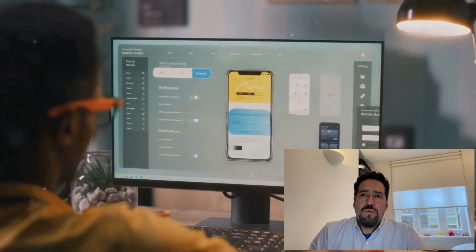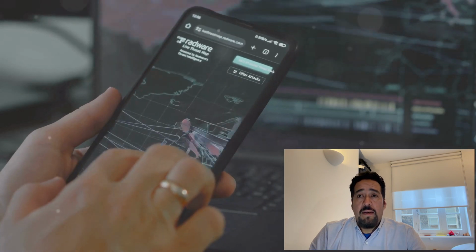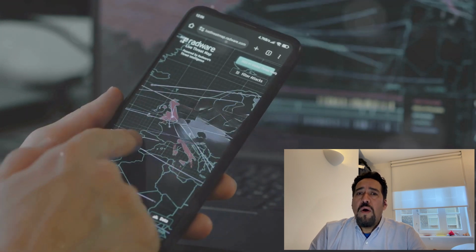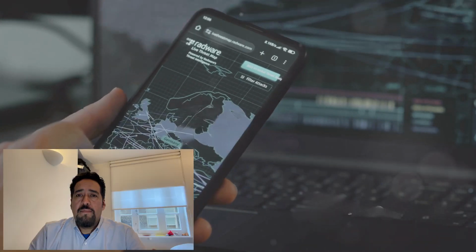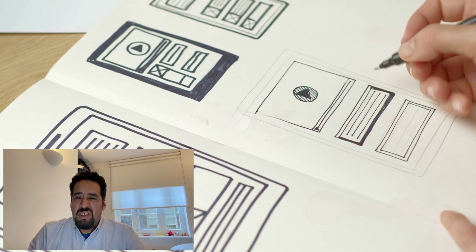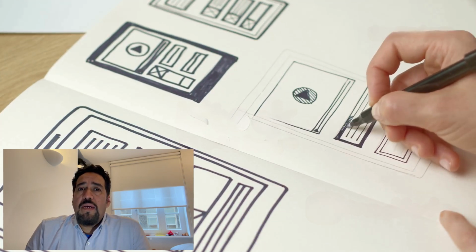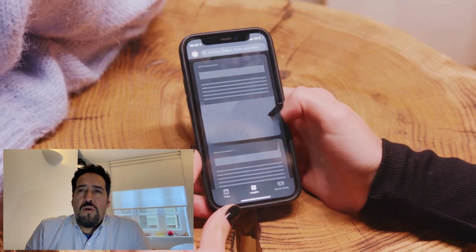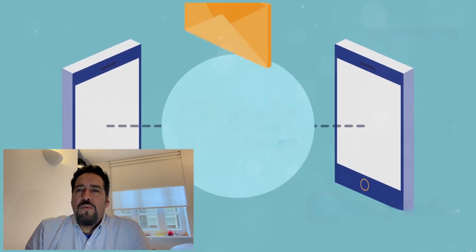Now let's switch to cross-platform. Some frameworks like Flutter or React Native let you write code once and deploy on both iOS and Android, even on the web. The major win here? Efficiency. One code base means you can develop faster and maintain more easily. Plus, it saves a ton of money, which is great if you are a startup or working with a tight